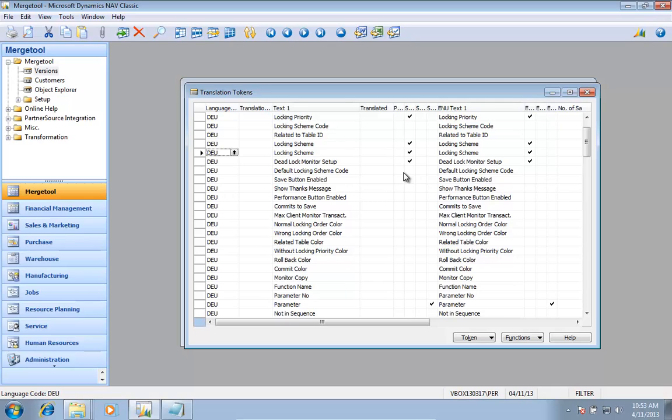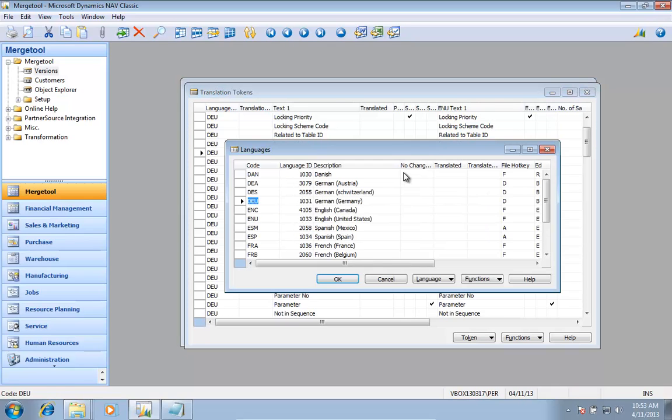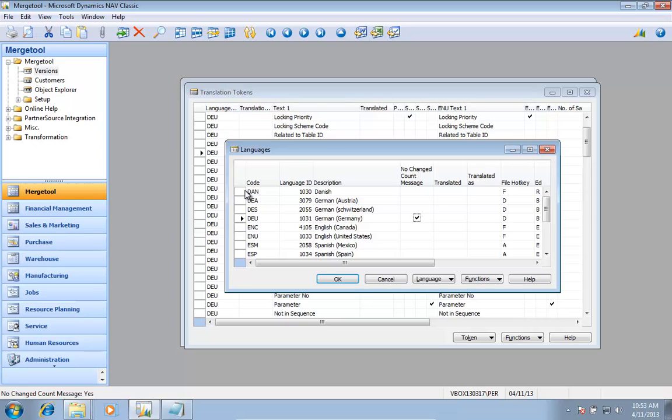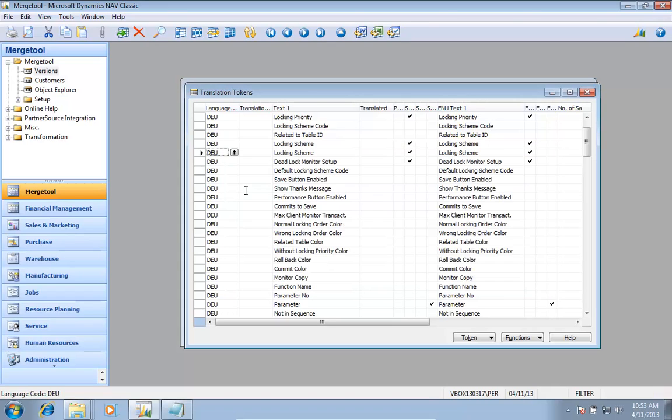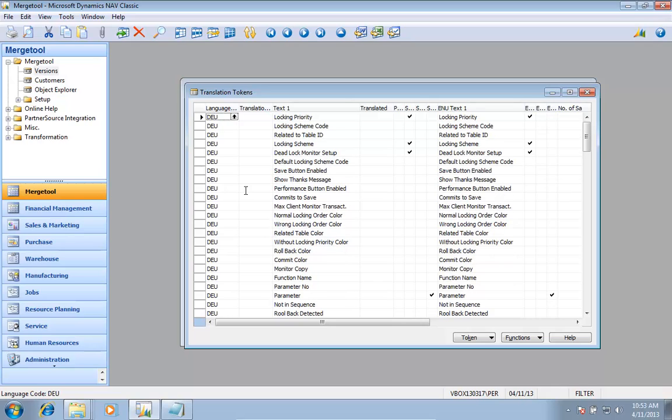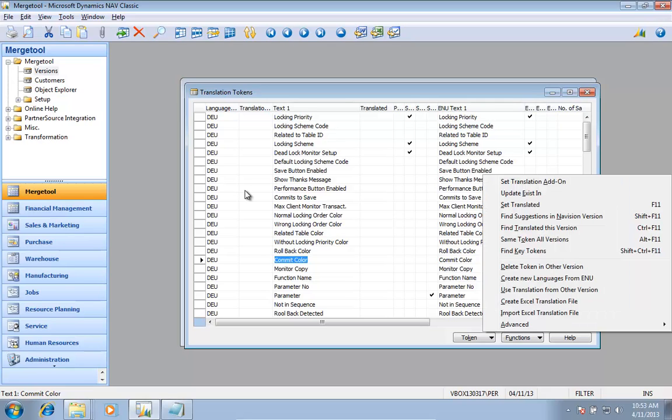There is a way to get rid of that, and if you look up on the language in here, I can check this field out here saying that I don't want to do any change count. So if this one is used multiple places, I don't want to have that show me that all the time. But otherwise, basically, you can go through and you can also edit this one manually and write the text in here also. So in this case, where I have something with commit and color,